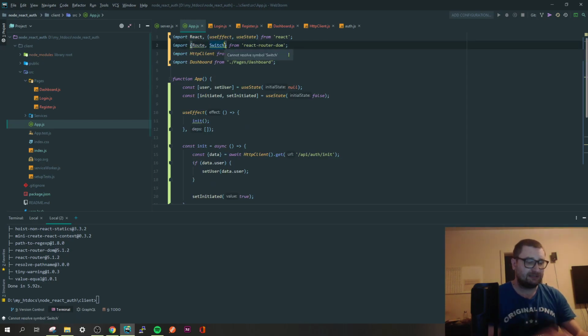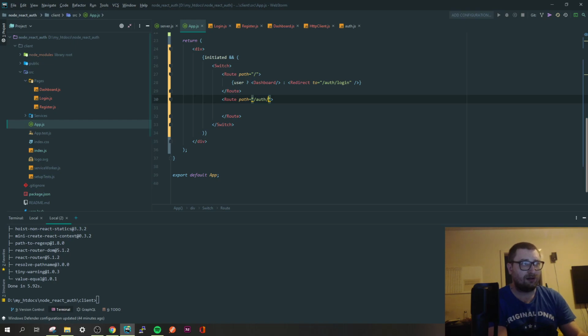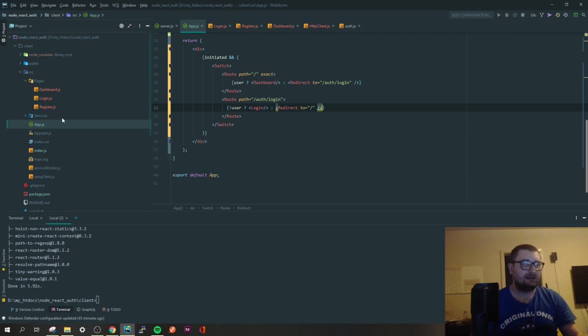So here we will need redirect, and now we will need a route path of auth login, and this needs to be exact. So we say if not user, then show login, otherwise redirect to dashboard. And now we will take this, copy, paste,